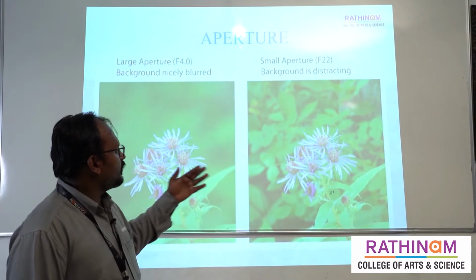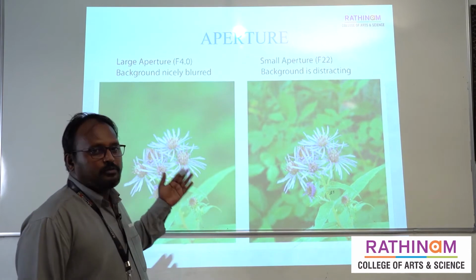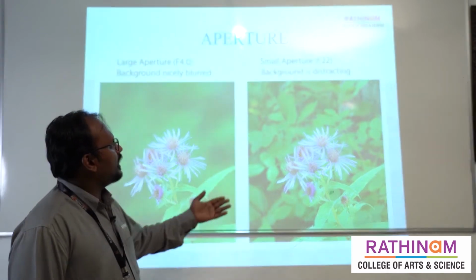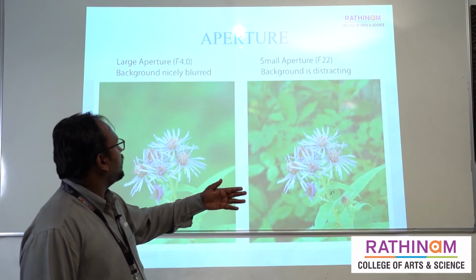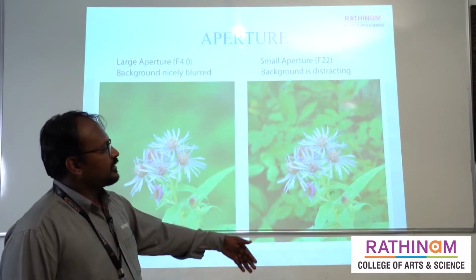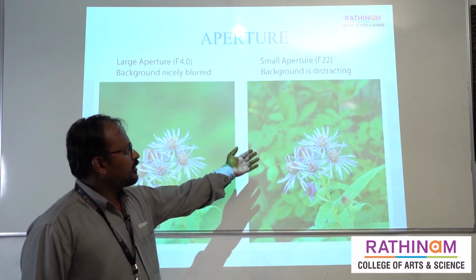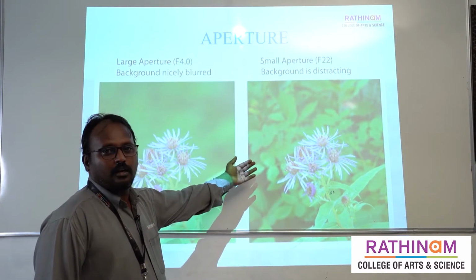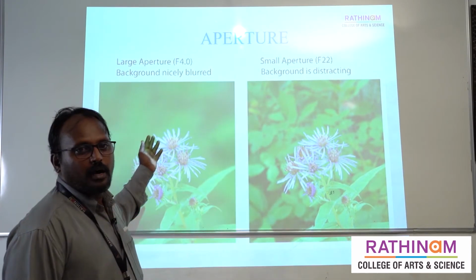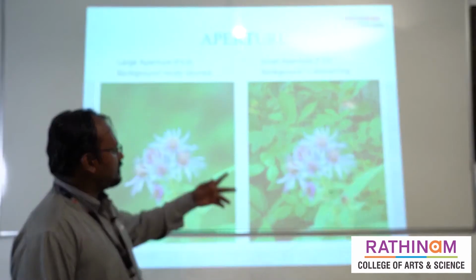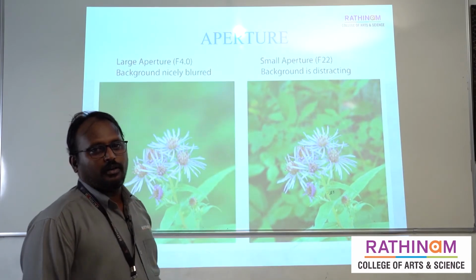These are the two photographs I have given as an example for aperture setting. If we keep f-stop 4.0 and aperture 22, this is the difference between f22 and 4.0. In one the background of the image is blurred, and in the other the background is only a little blurred. So this difference can be set through aperture. This is the usage of aperture.